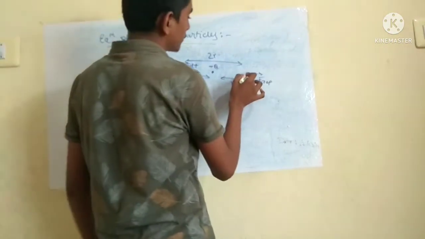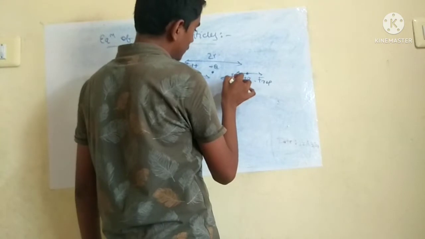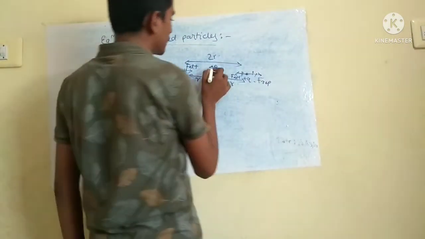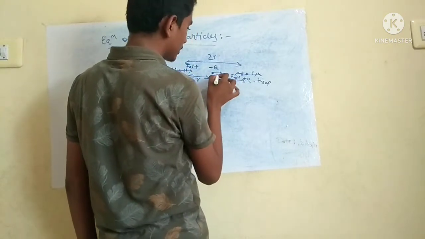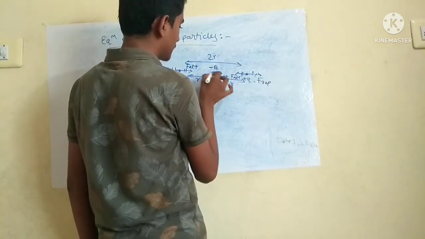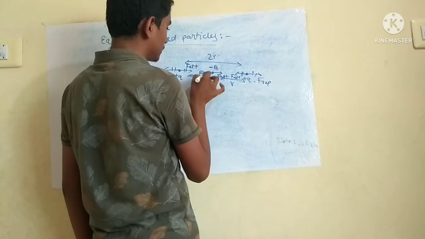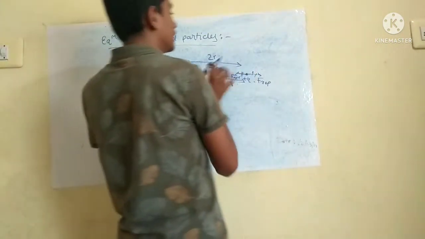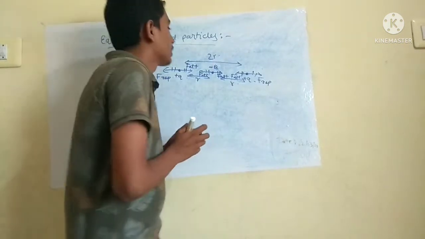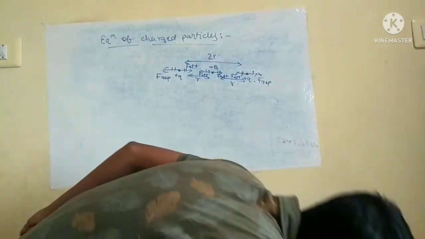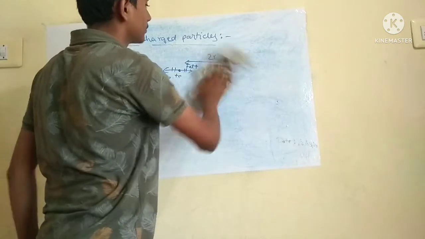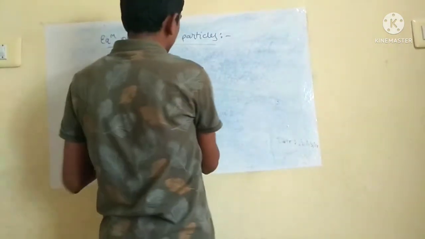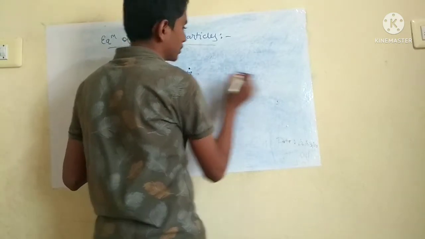The same case will happen here also. Attractive force, repulsive force will be equal. These two will be in equilibrium. Here also it will experience attractive force, here also attractive force. Then their magnitudes will be equal, they will cancel each other and these three charges will be at rest. Okay, now let's calculate its magnitude: how much magnitude of charge I should take to keep this at rest.